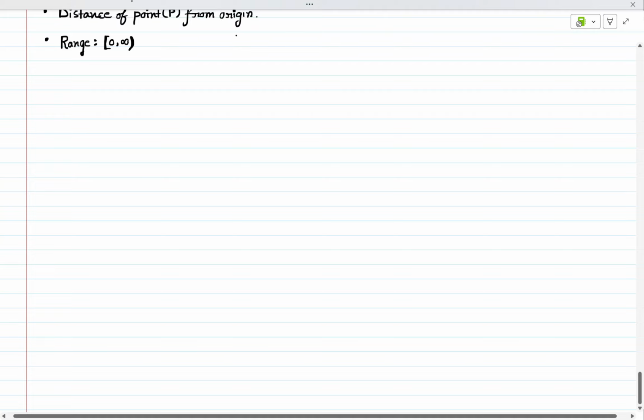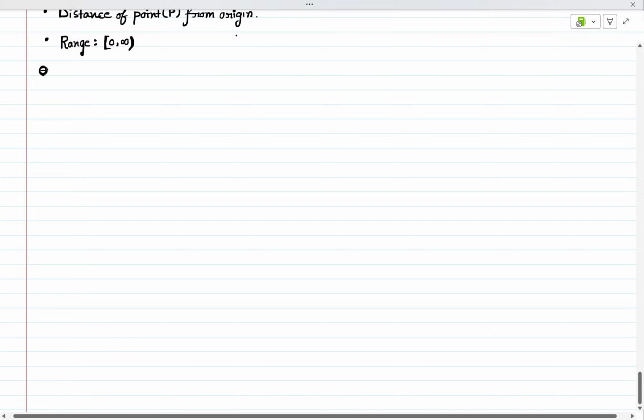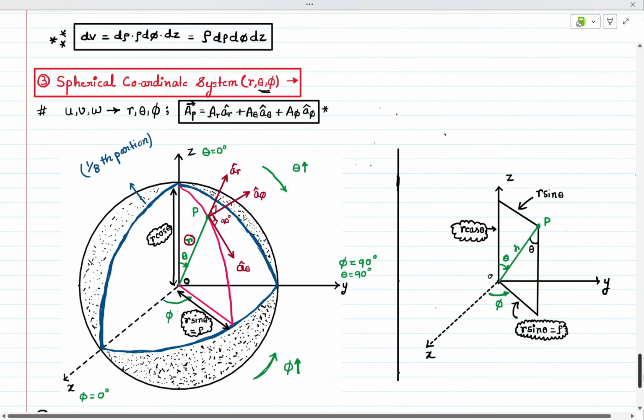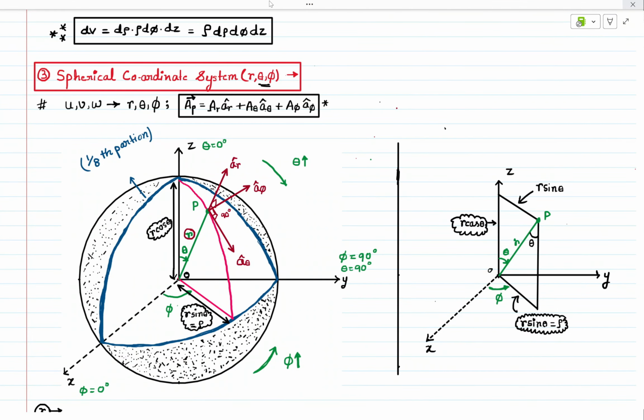I need some space for theta and phi. What is the theta? Now, theta is also called an elevation angle, because if you see this portion carefully,